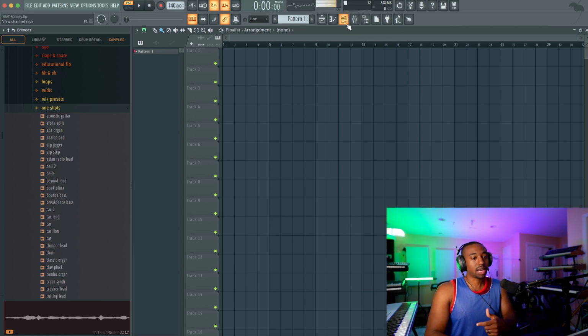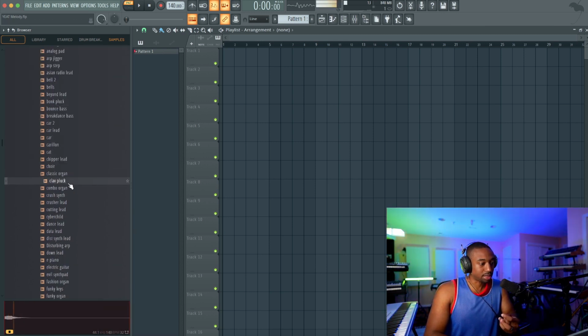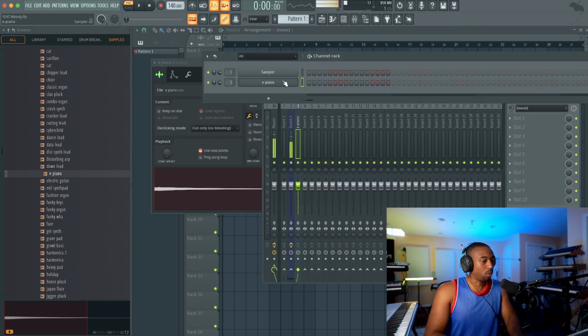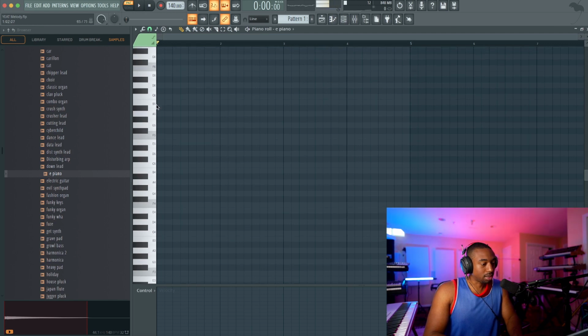And then there's Nu Jazz, which is a little more complex, but it all starts with one shots. So if you open up your one shots, you can grab one shots from any Reddit kit based around Nu Jazz. I would recommend. So we're going to go down to where it says E piano. We're going to right click, open that up. And what you could do is actually pitch bend one shots that you can't do in FL Studio with other plugins. So what we're going to do is just start with our root note.